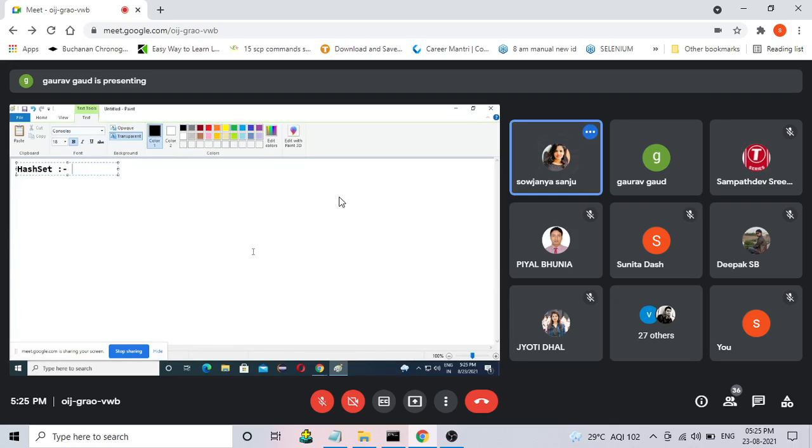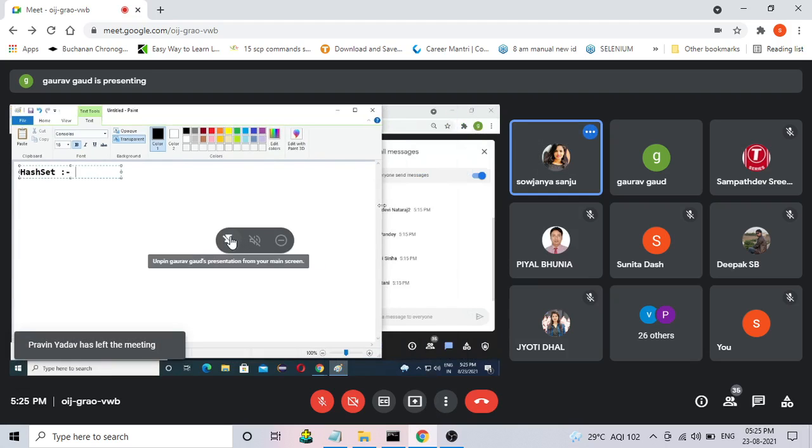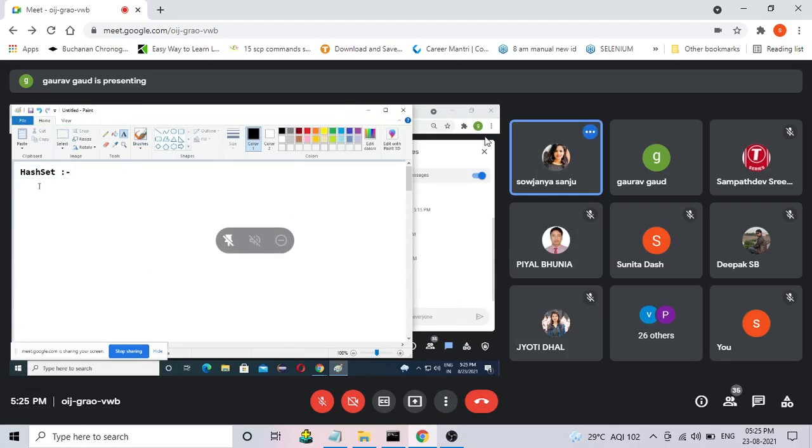So now, guys, pay attention. In this HashSet part, what is happening? Obviously, it is also one form of collection. So obviously here also you have a group of data, correct?